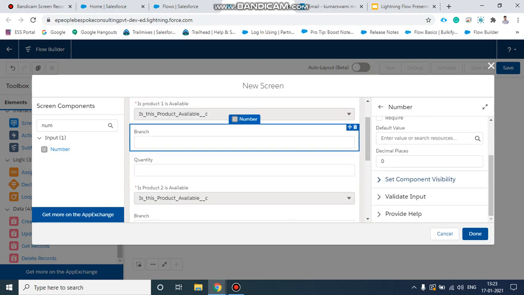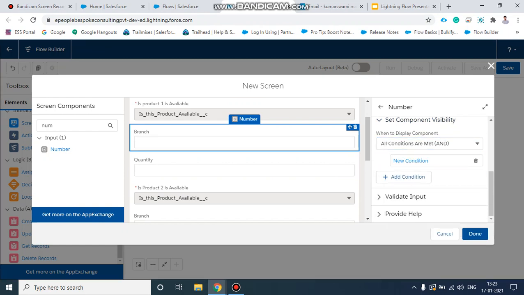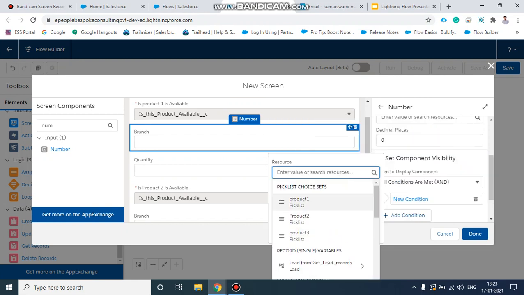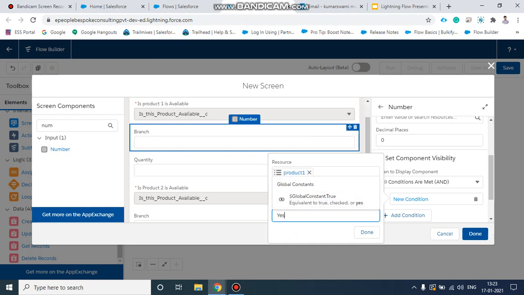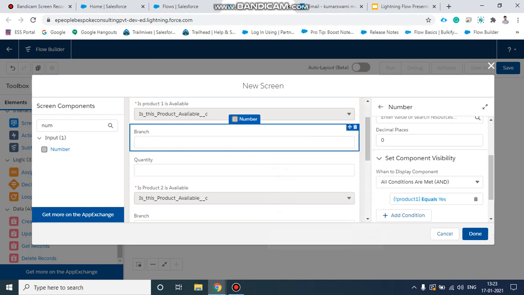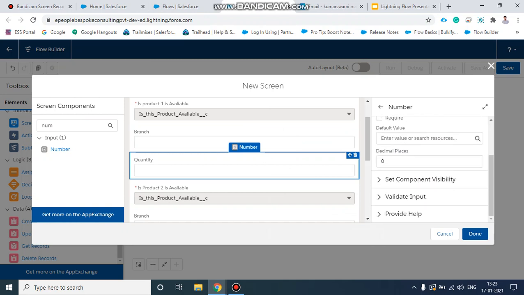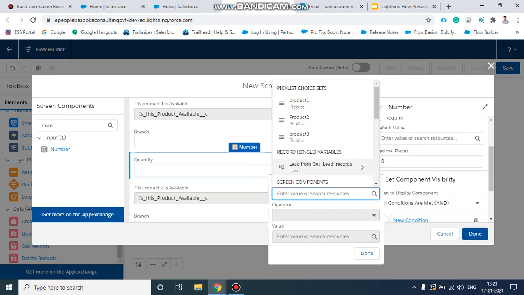There is a set component visibility option we need to select, and in that new condition we need to mention product 1 pick list equal to yes, then only it should be shown. If they selected yes, then these two components will be shown, and we can enter the data. If no, those components will not be shown.